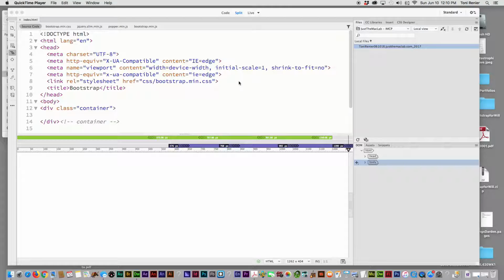It works off of this 12 column grid system that has breakpoints for extra small, small, medium, large, and extra large devices. So if you're coming from a previous version of Bootstrap, it didn't have quite as many breakpoints as what Bootstrap 4 now does,